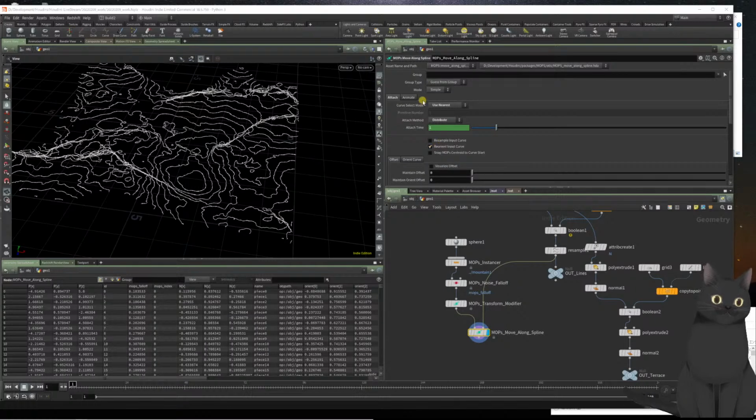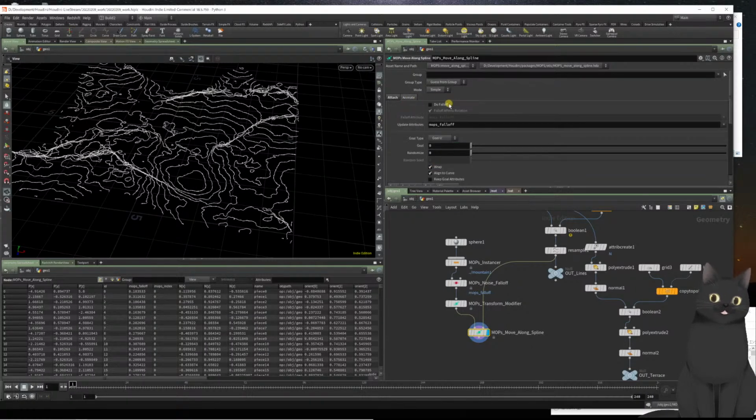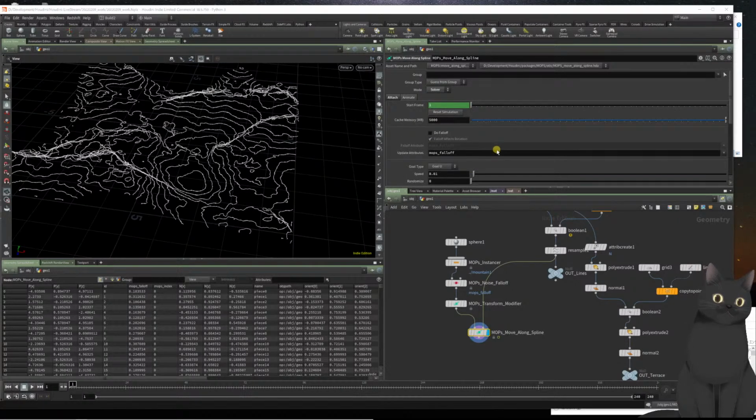So let's go to the Animate tab. And yes, one thing that we could do is keyframe this goal U here and thus animate all those individual spheres moving there. Or we could just switch the mode to Solver and then just hit play. And this is moving really fast, so let's dial back on the speed here. Let's use a speed of 0.02 and maybe